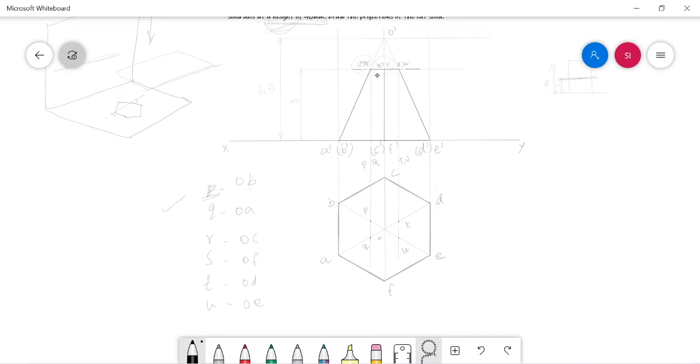But when you attempt to mark R and S in the same way, the projector of R and S will not intersect with OC and OF. So R and S have to be marked in OC and OF, but by projecting them from front view to top view, you cannot mark them by simply intersecting. Since these two edges are perpendicular to the XY line, they are also perpendicular to XY in the front view. There is no possibility to mark them by projecting them.